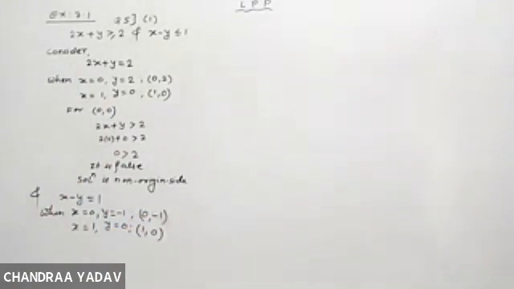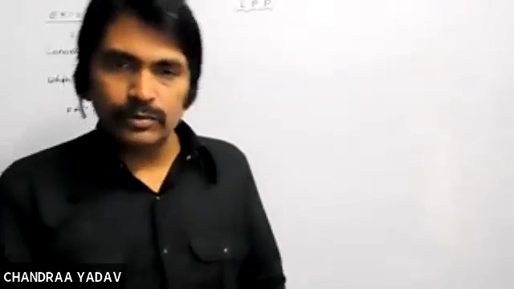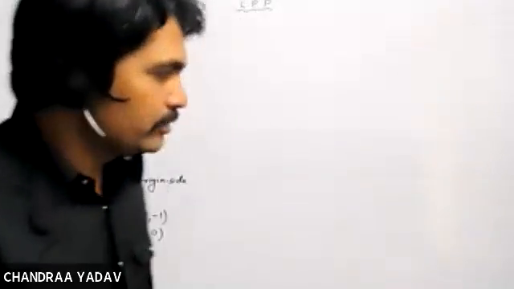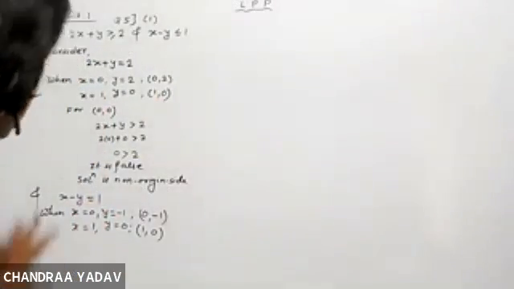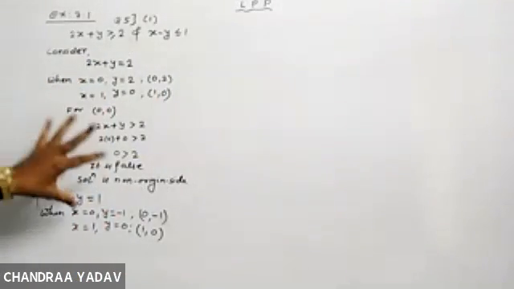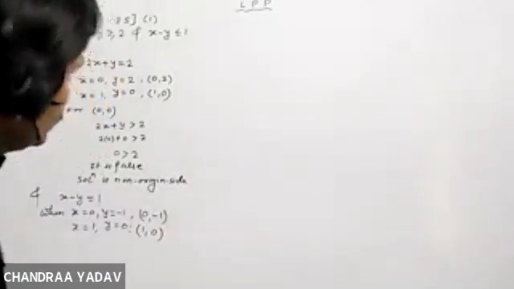Now the same thing can be represented in a table also, as if you go through the solved example in the textbook, you will find the table also. That is also a correct method. So don't worry about the method. Both are same, just the way of writing is different.